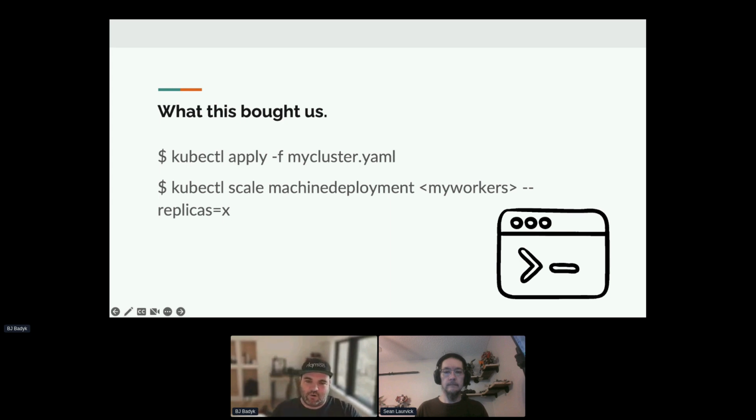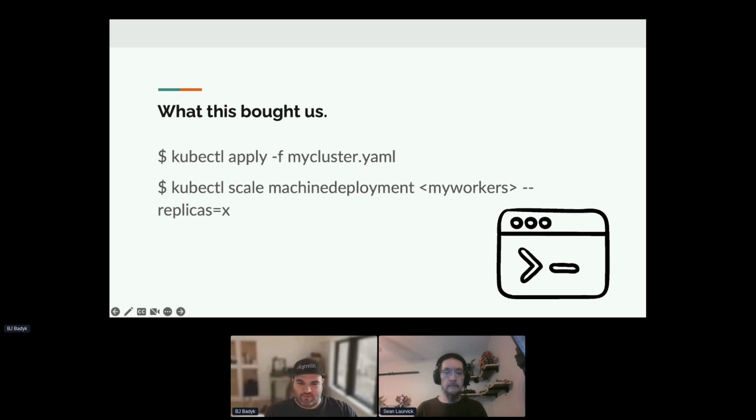Again, you can have more than just one type of node in a control plane, or also in your worker pool in a cluster. So you can have multiple types of hardware in there depending on what your needs are, and you can scale them independently. So to build a cluster at this point using our setup, you could run this one command right here, and 20 minutes later, you'll have a cluster up and running.